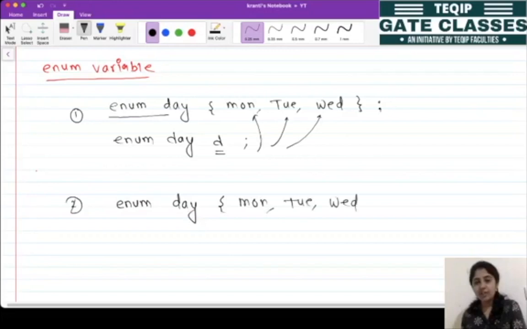Okay, and when this curly bracket closes, मतलब यहाँ पे इसके बाद ही we can mention the variable, ठीक है। So यहाँ पे same like our previous question, same like this declaration. So here d is our enum variable, and this variable is responsible to take the values either Monday, Tuesday or Wednesday, ठीक है। तो यहाँ पे कर्ली ब्रैकेट में जितनी भी वैल्यूज होगी उतने ही वैल्यूज we can assign to this d, and d is an enum variable of user defined data type enum day.